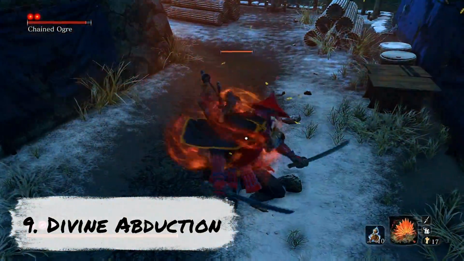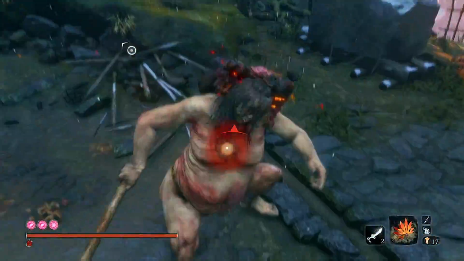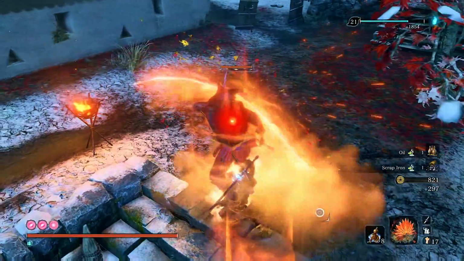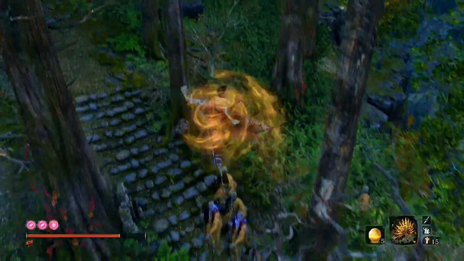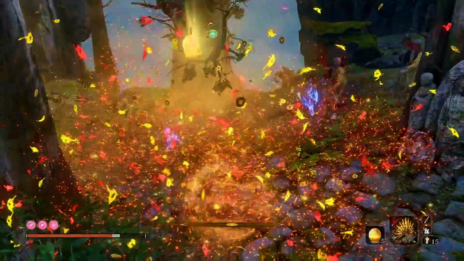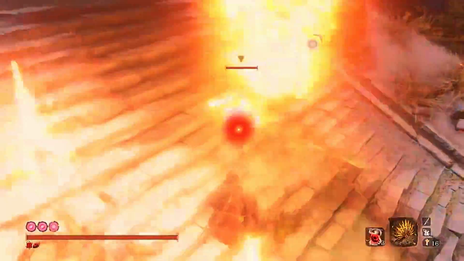Coming in at number 9, we have the Divine Abduction. Initially, this tool feels OP as it looks like you can pretty much one-shot any enemy in the game, and although it's not a tool I use that often, it definitely has its moments to shine. Its final upgrade, the Golden Vortex, turns weaker enemies into dust and makes them drop all their items and money instantly. Against some of the harder guys, they don't exactly vanish, but they still drop all their goodies without the